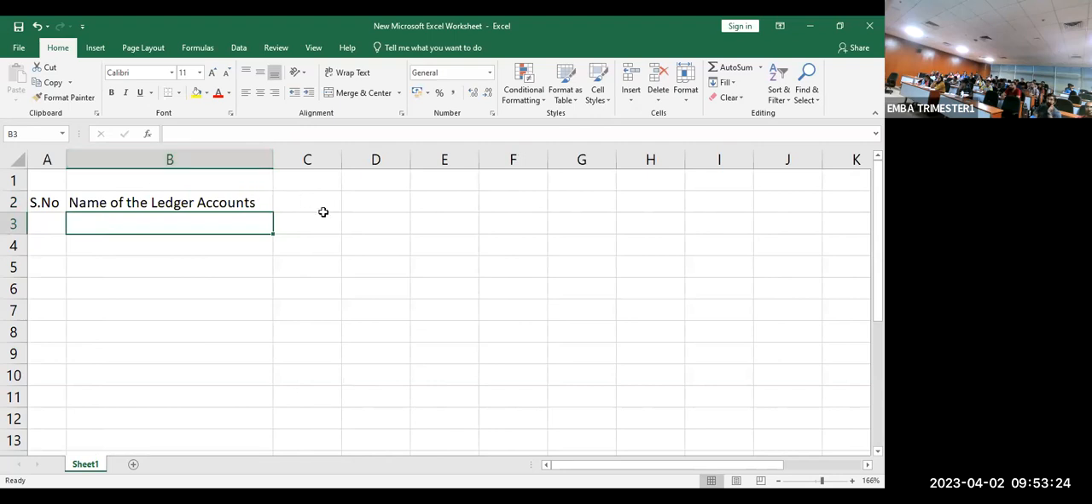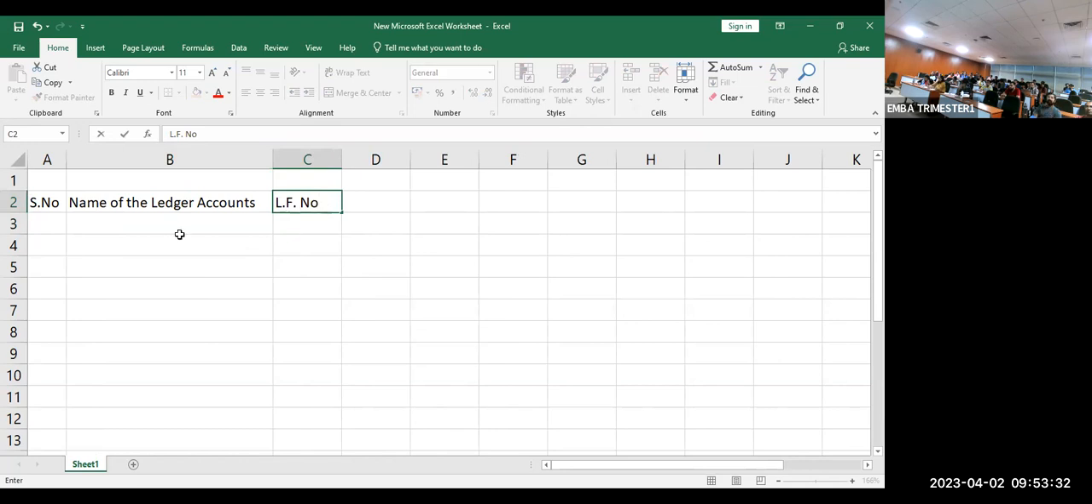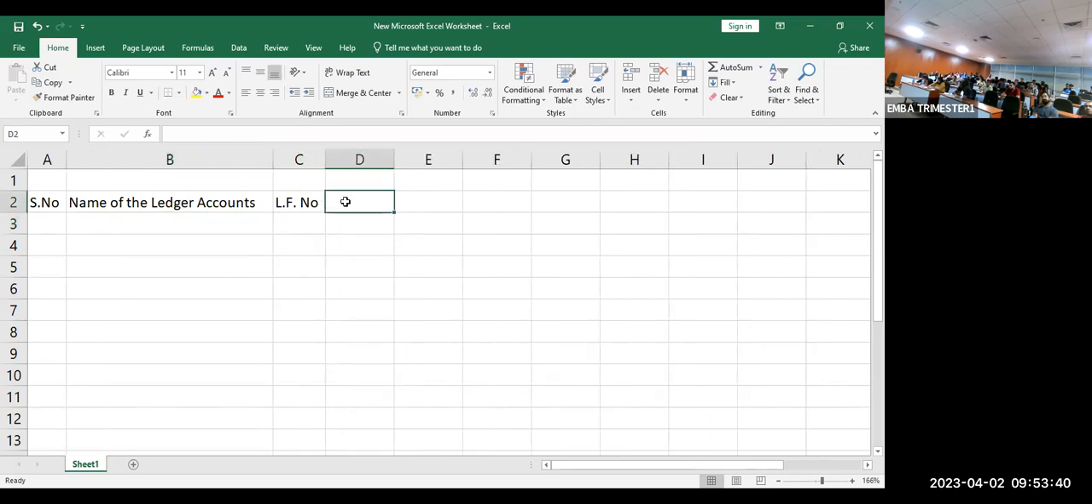Then next one is ledger folio number. From where you are bringing that total? Ledger folio is the page number of the ledger account. Suppose you are writing the rent account, the capital account. Somewhere in the ledger, it has some page number. That page number you have to write here in practice, in real time. Now we can just leave it. Now this debit amount,